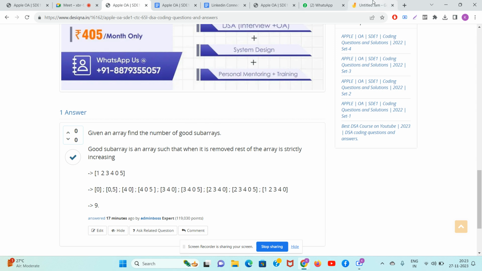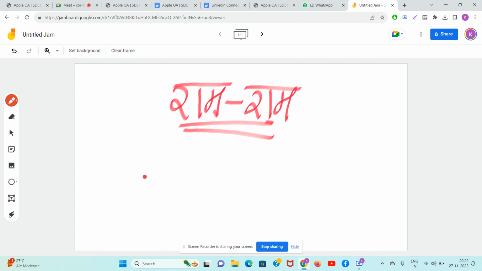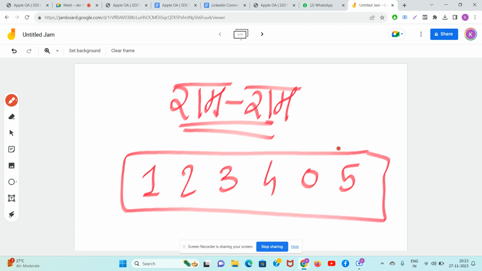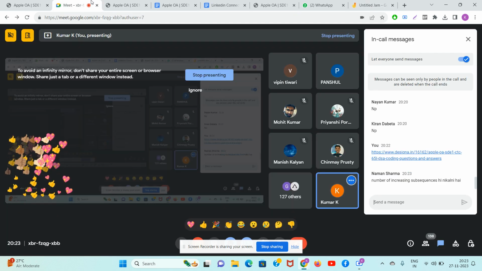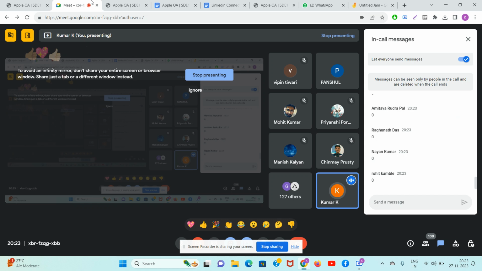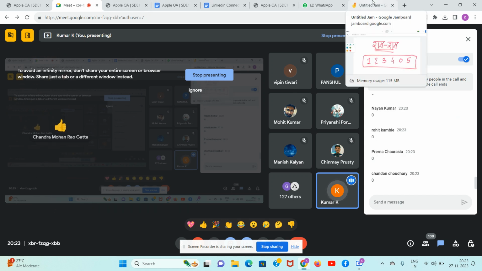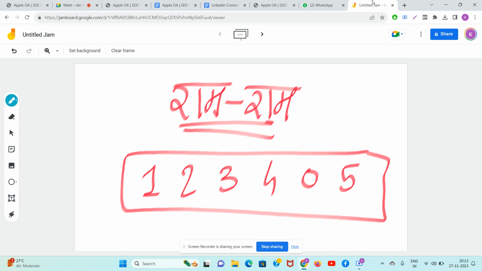Guys, can you tell me one of the subarrays which you can remove from this array, such that the rest of the array will be strictly increasing in nature? Start writing. Yes, see, an intelligent student started writing 0 instantly. Chandan is a high level student. So guys, if you remove 0,